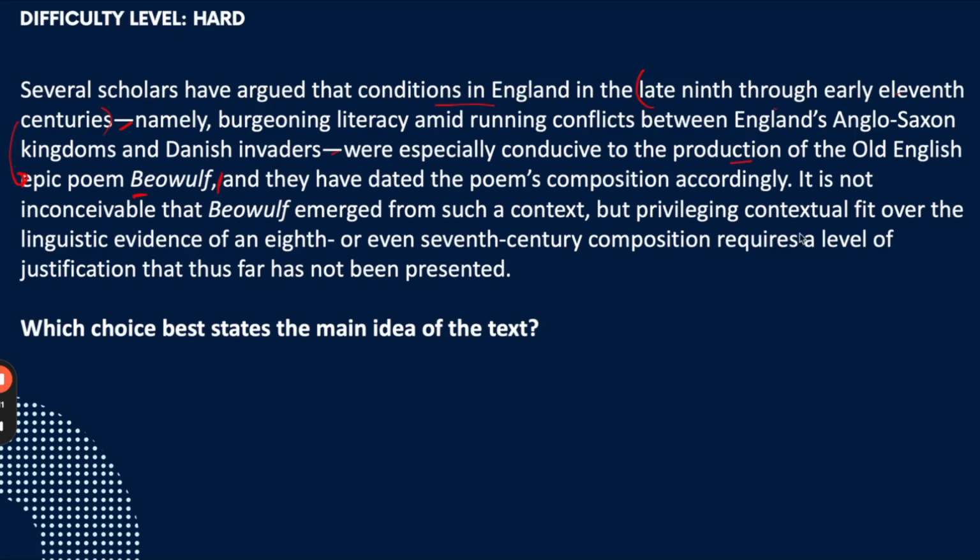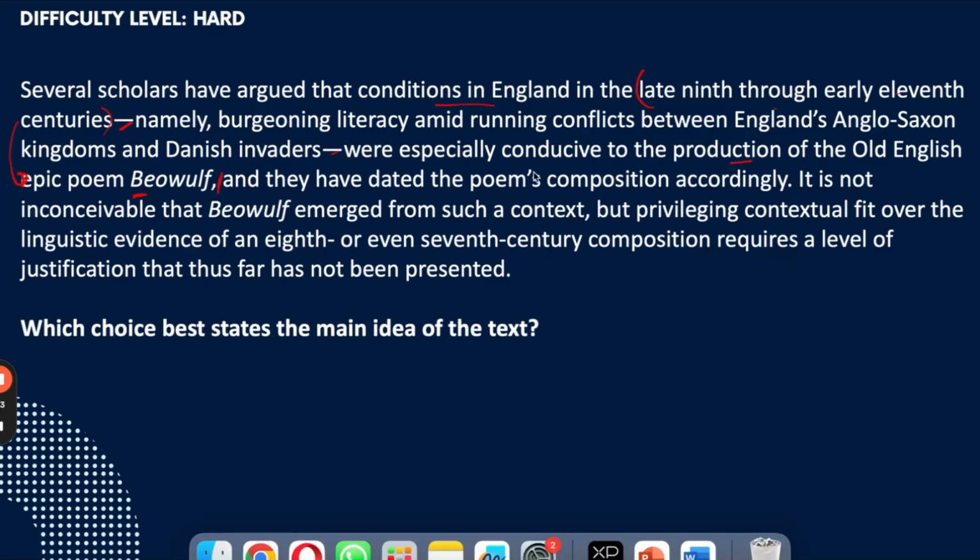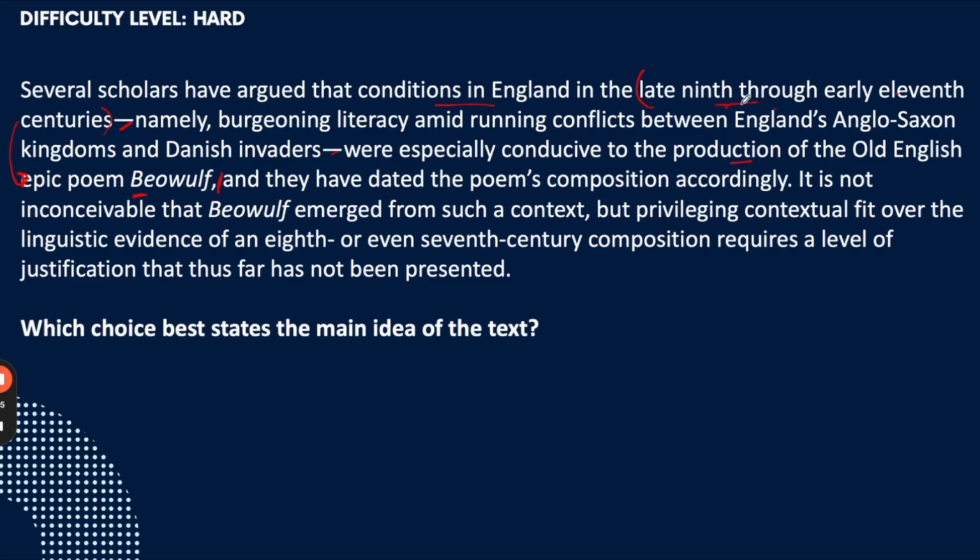And they have dated the poem's composition accordingly. Because of these conditions that they found in this particular time frame, they have dated the composition of this poem accordingly, right? That is in this particular time frame. It is not inconceivable that B emerged from such a context, but, so take a pause, all right? This is a contradictory word. Something is changing. I mean, as per the context, it seems fine to date this poem's composition as late 9th